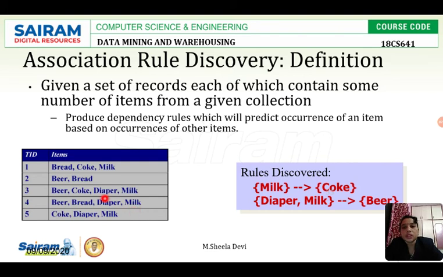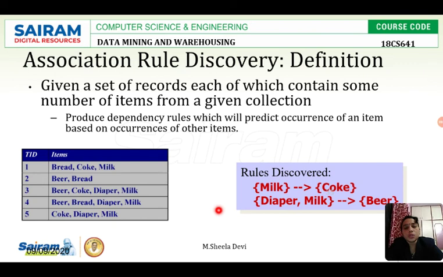Next prediction. See, diaper, milk, beer is there. Again diaper, milk, beer is there. And here it is milk and bread only, not beer. So the father or the person who is coming to get diapers and milk for his child also gets beer for himself. So the third association rule which we can predict from this set of data is that whoever is getting diaper and milk is also getting beer. This is the third rule which is discovered.